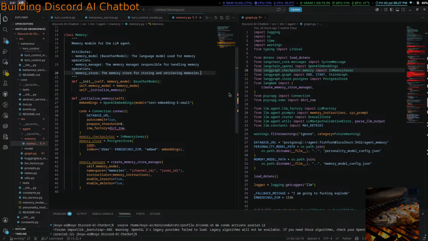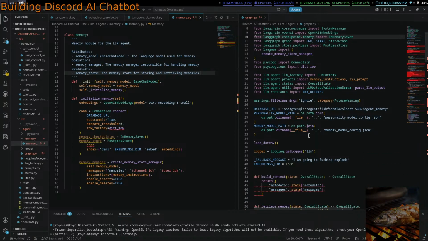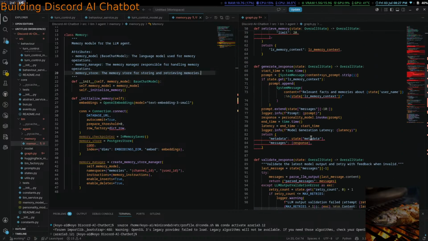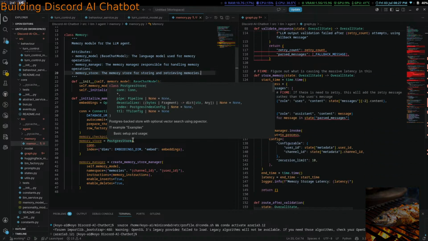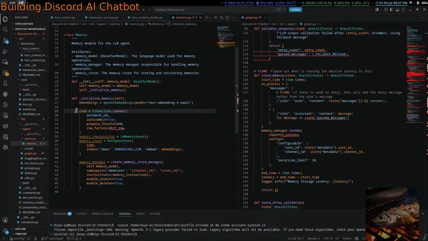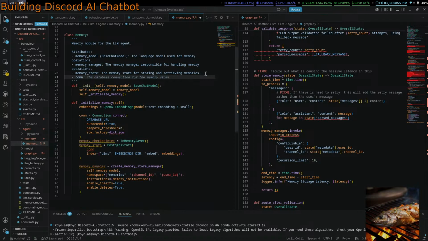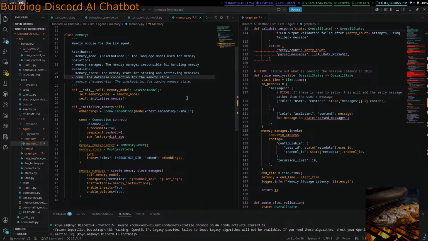Let's see. Do we need the connection as well? Oh, I guess yeah, we need a database connection.